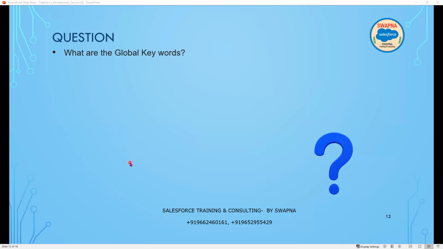Right, so basically, whenever it is asked in the interview, it is for giving the reference to other applications. It is constant all over the org and can be accessed in any Visualforce page. Not only the Visualforce page, it is in the Lightning flows. Everywhere we can access it. So whenever anybody asks about the global keywords, we have to say that